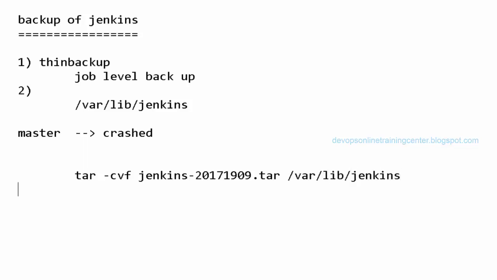So this will create one file, one kind of archive of this entire directory. Then we zip it. This will create the zip file.